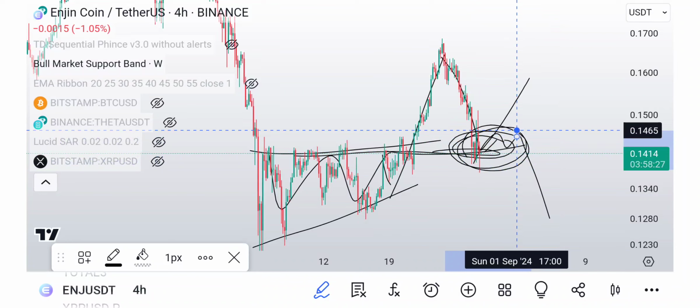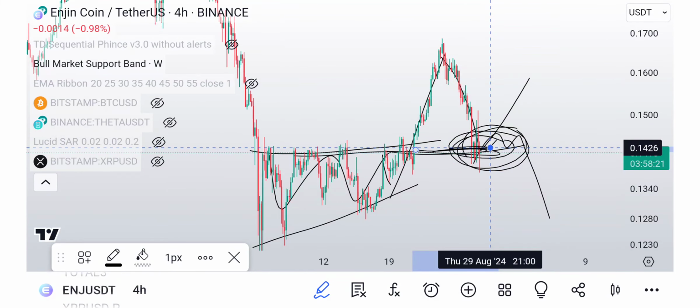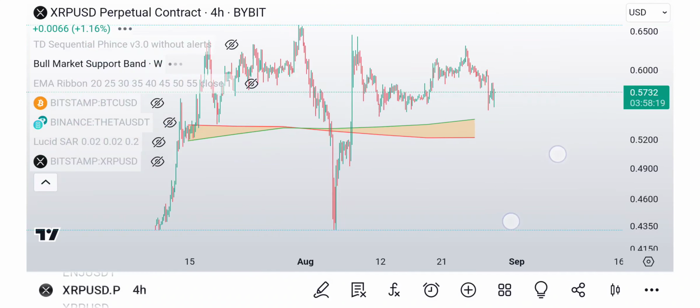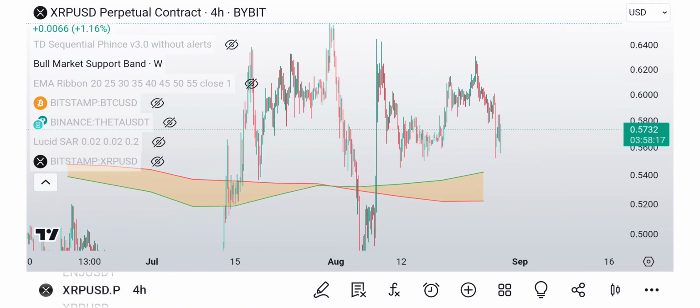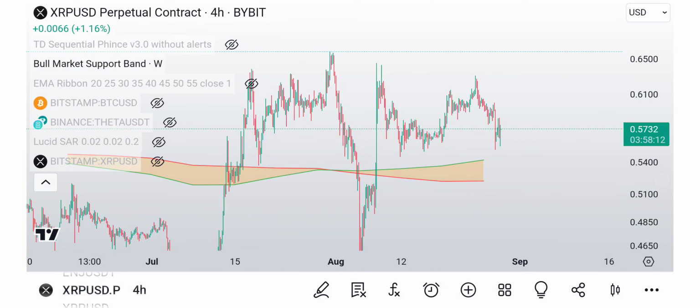Now, if you ask me, well, what is it going to do? Well, we have to wait and see. We have to watch, right? Because we don't know if it's going to hold yet. Let's look at XRP. XRP looks really good. I like XRP. The reason why I like it so much